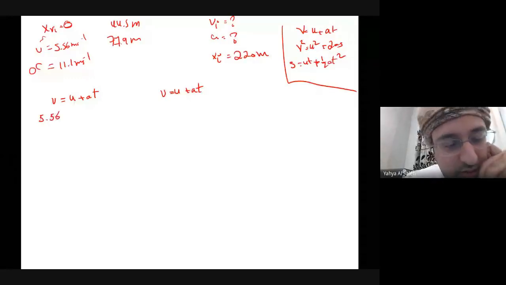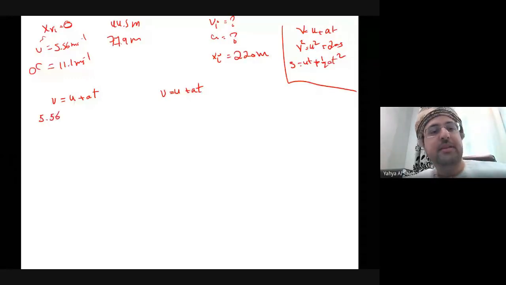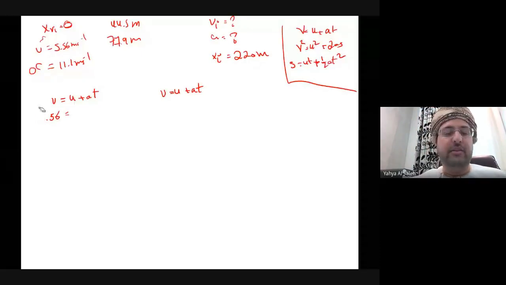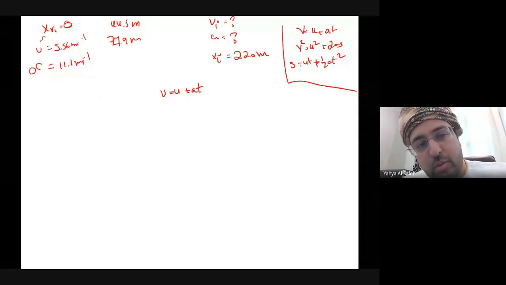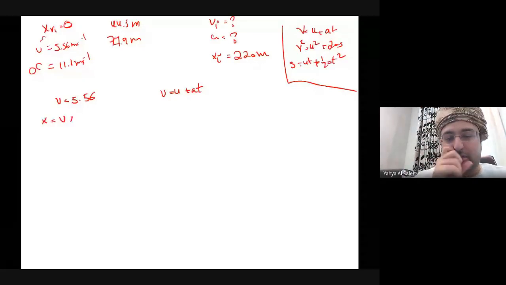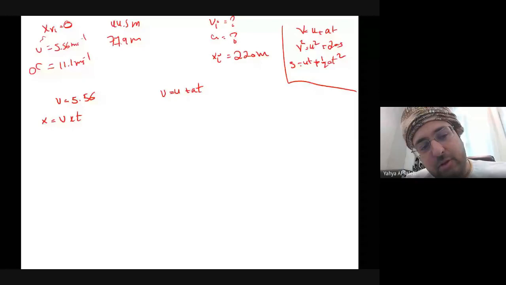Actually, this equation makes no sense here because I don't have acceleration, right? So V equals U. But here we have V equals U plus AT. Let's look at the first one. V equals 5.56. Now we know distance equals velocity times time. And here the velocity is constant, which means time equals